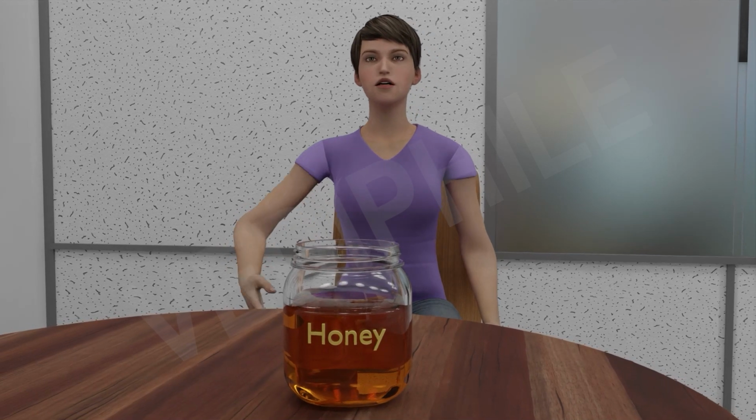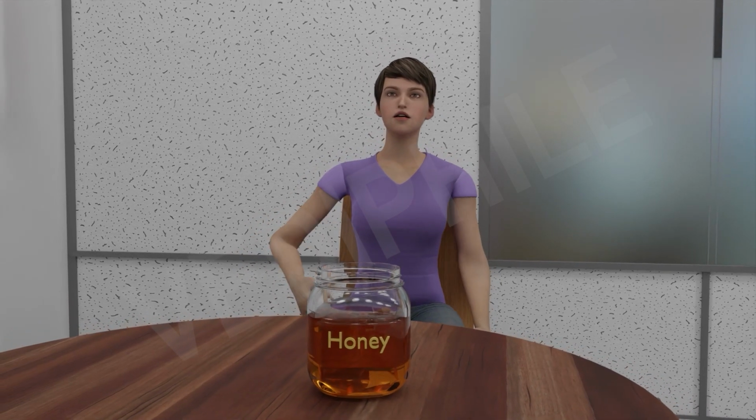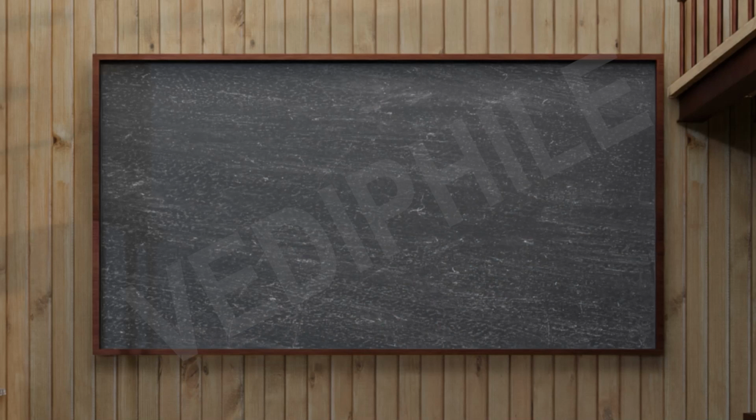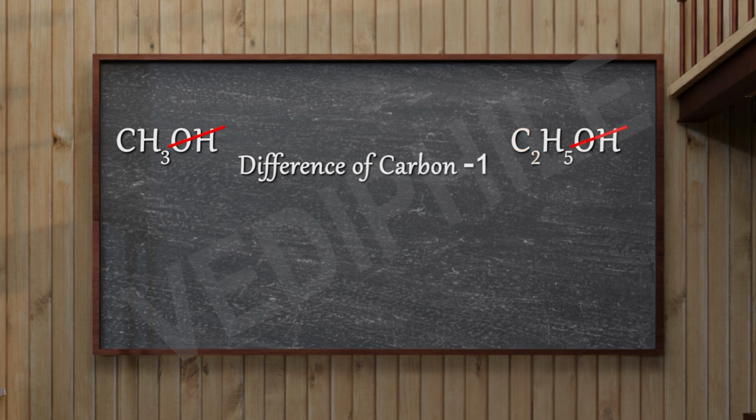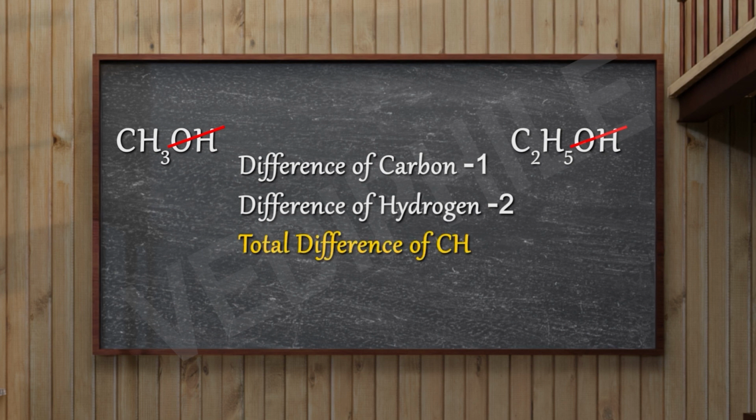इस एक्टिविटी में हम दो फॉर्मूलाज के बीच में डिफरेंस देखने जा रहे हैं। सो फॉर्मूला 1 इज CH3OH एंड फॉर्मूला सेकेंड इज C2H5OH। सो OH से OH कैंसिल आउट हो गया। सो पहले फॉर्मूला में कार्बन एक ही है और दूसरे में दो है, सो द डिफरेंस ऑफ कार्बन इज 1 एंड द डिफरेंस ऑफ हाइड्रोजन इज 2। सो द टोटल डिफरेंस इज CH2।